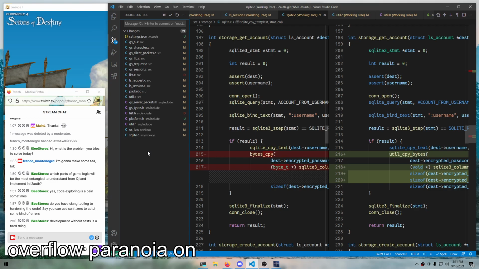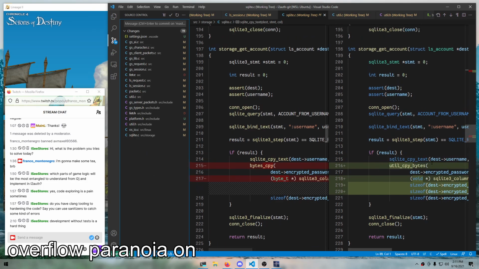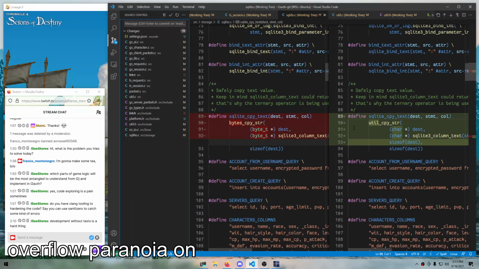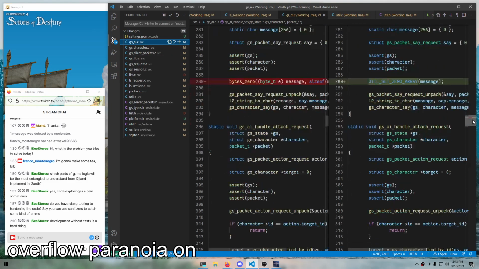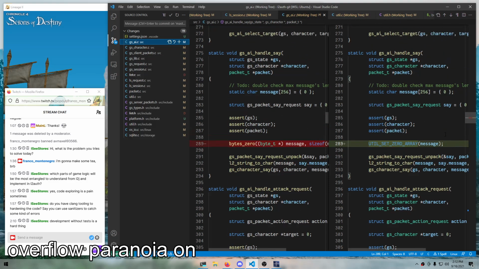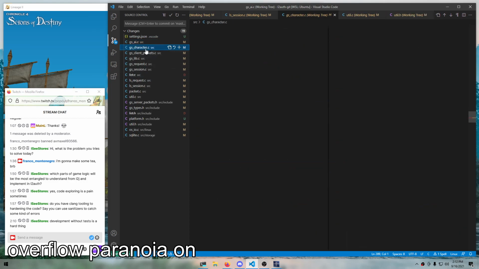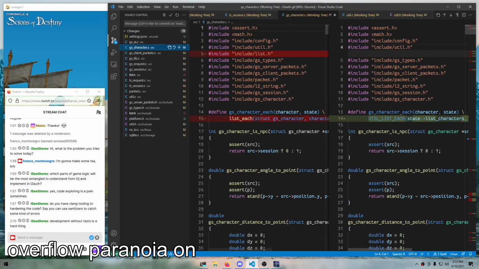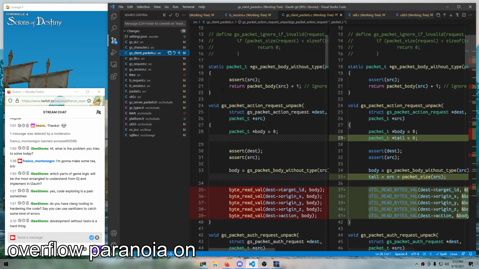Yep. It is a hard thing to do. Luckily, at least I know what are the changes that I did, so that should kind of tell me where the problem is. I know it's not in the game server,